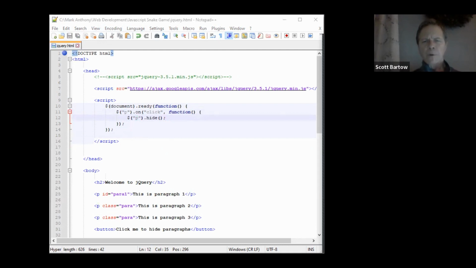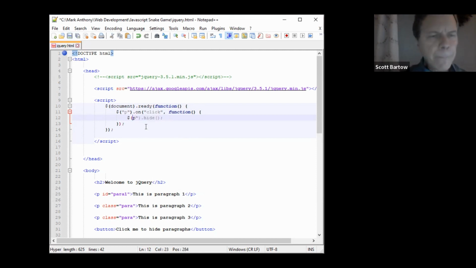All right, so I'm going to click on the first p tag. Oh, it made them all disappear. Instead of saying, oh, it hid all the p tags. Right here, I selected all the p tags, any p tag you can find in our HTML page, and hide them. So what I'd rather do is, this doesn't require quotes,